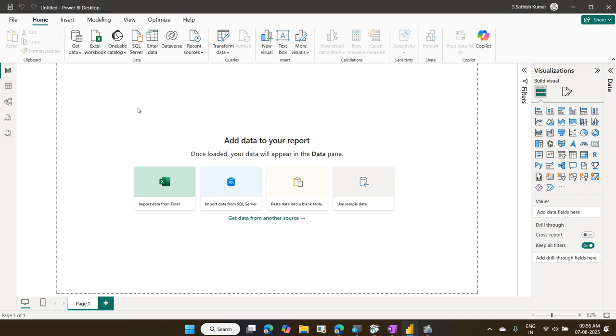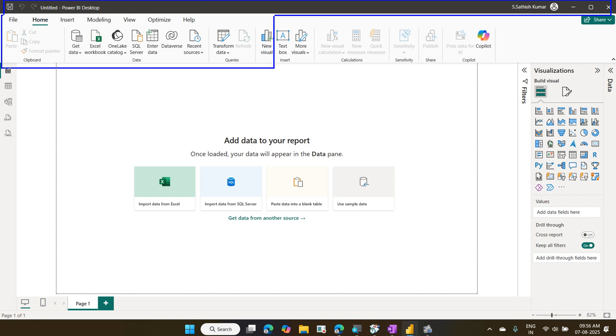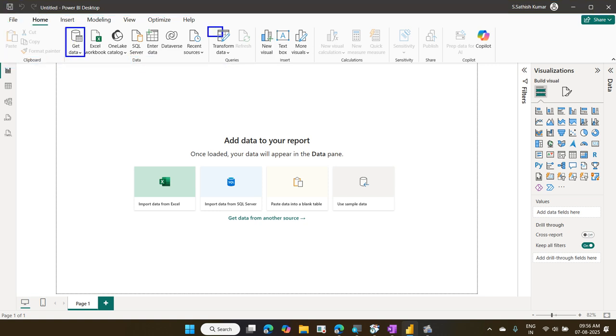On the top, we can see where your file name and software name are available. This is called the title bar. And below this, the whole area put together, we call it the ribbon. On the ribbon, the first item, File, which we call the Office button or backstage. Home, Insert are all tabs. A special tab will appear here, the contextual tab, and Clipboard, Data and Queries are all groups. And the last one, we can see all the other items, like Get Data and each option available here. This we call as